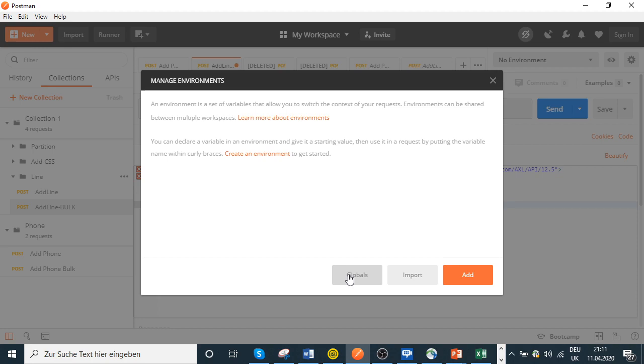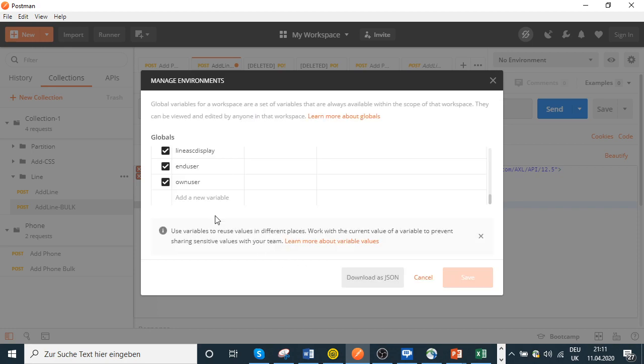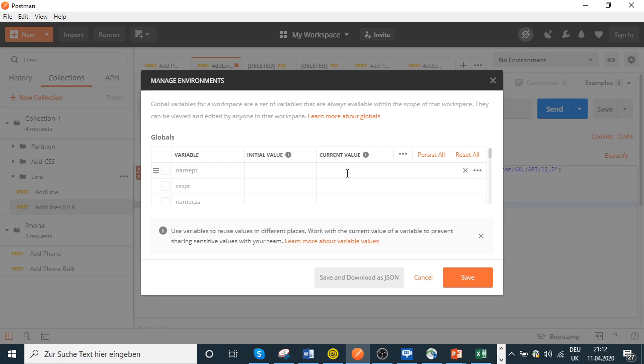I'm using it as a global variables, and then here basically you will say what are the variables that you would like to define. So in my case, I think I will use the variable dn to define a directory number, and then I will use a variable dndesc to define the dn description, you know, and then